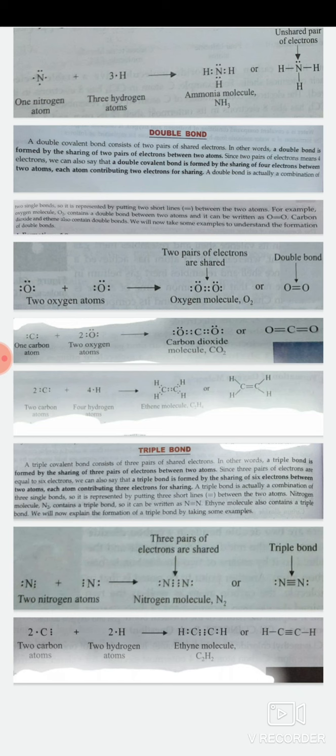Now see, when carbon is sharing 1 electron with hydrogen, we are getting a single bond between carbon and hydrogen. And we get a double bond between carbon and carbon when carbon is sharing 2 electrons with the other carbon atom. So as each carbon atom is sharing 2 electrons with the other carbon, therefore there is a double bond, and each carbon is sharing 1 electron with each hydrogen, and therefore here is a single bond, right? So this is an example of the formation of the ethene molecule, or double bond.